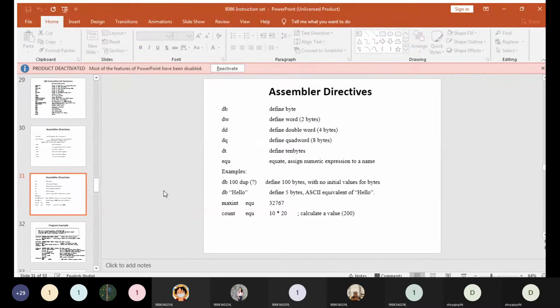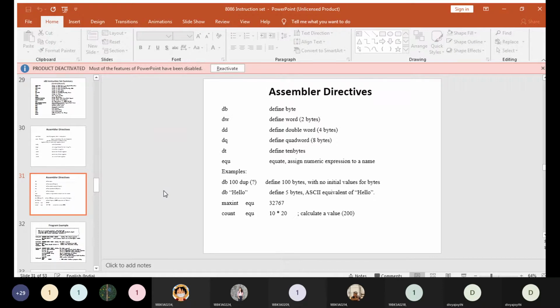We are done with that, and as a part of the syllabus, in the programming model we also discussed the assembler. So what exactly is an assembler? An assembler is a subprogram, or we can call it a program, which converts assembly language into machine language. Machine language is nothing but binary language. So the subprogram which can convert assembly language into binary language is called an assembler. The assembler that we are using in our laboratory is MASM.